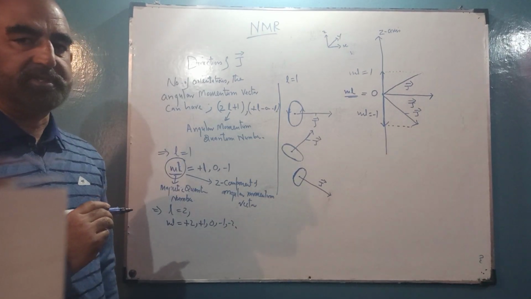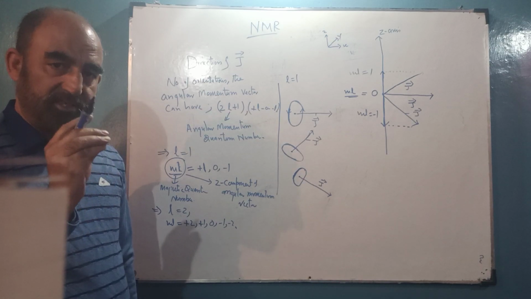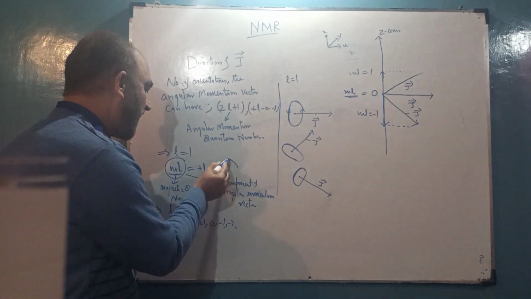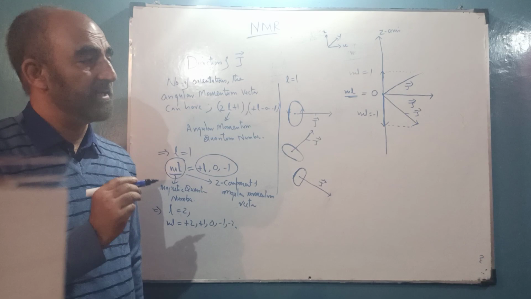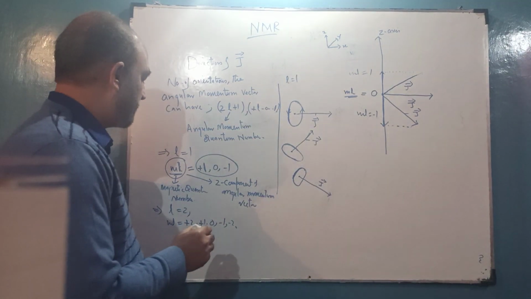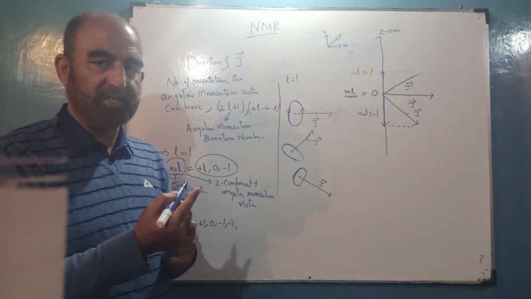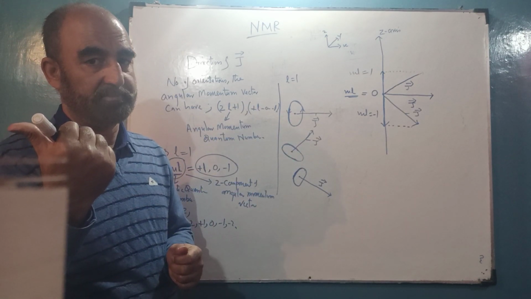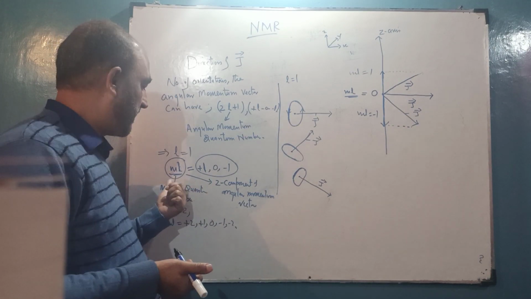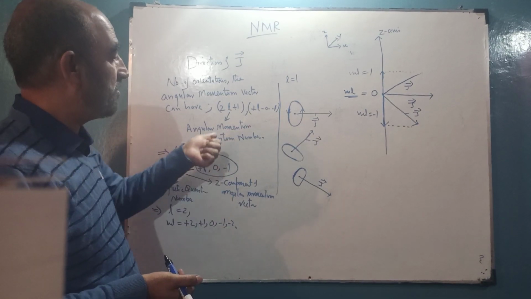So the ML value actually gives us the orientation of an angular momentum vector in space with reference to a reference axis. That means by just writing these values, we are fixing the orientation of the angular momentum vector. Since for classical objects the sense of rotation can be anything, the particle can have any sort of rotation, so the angular momentum vector can have any possible values, any possible orientations. But for quantum particles, the orientations are fixed and quantized, because ML cannot have all values. ML can have only certain values depending on the value of L.